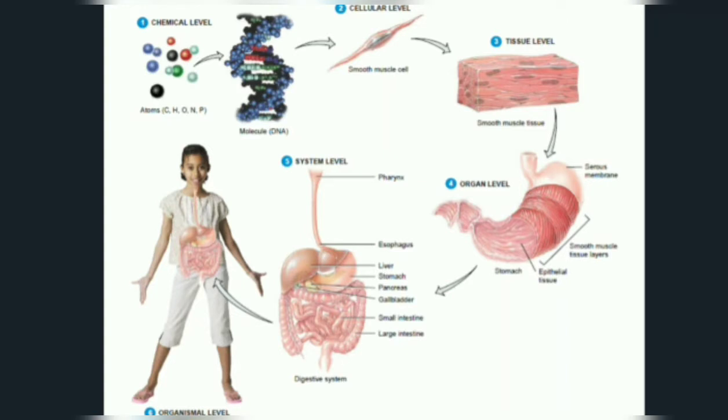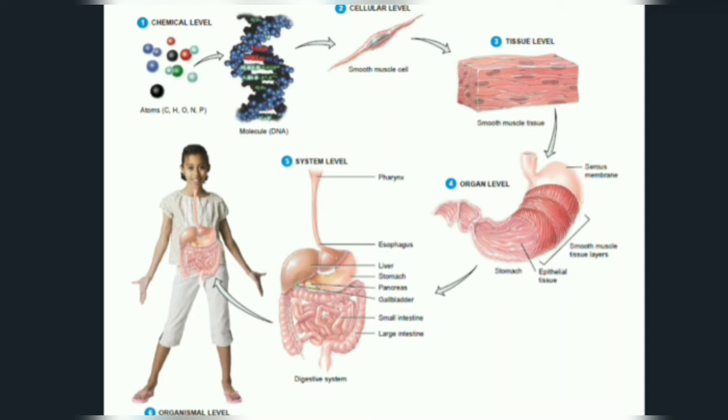Now let's move on to the interesting part and the last slide of this lecture, where we will be discussing the structural levels of a living organism or a human body. To understand this, let's take an example. You know that letters like A, B, C, D form together a word, and several words are combined to form a sentence, and then several sentences are combined to form a paragraph, and then a paragraph makes a chapter, and so on. The process continues.